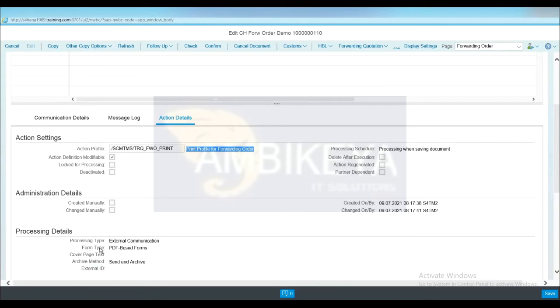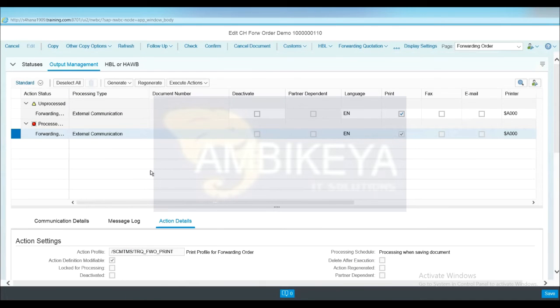Here in the processing details, it shows what kind of form you are printing. Let's say the PDF based forms here, and then let's say the external communication, etc. So yeah, we can see that, no problem. But remember one thing, rather than the forwarding order, printing of your output forms in your freight order or freight booking is more important,